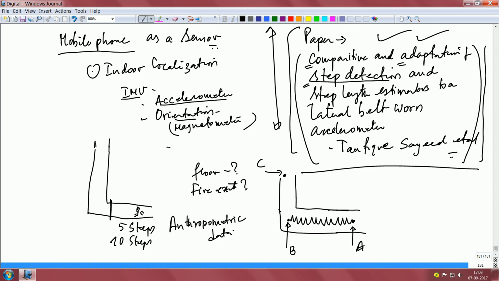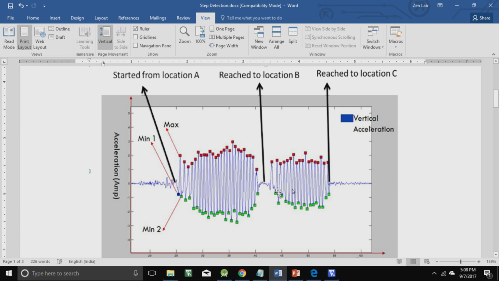Okay. This is what you could essentially see, each one is a step and this is the stride length which you have to measure, and here there is a small dead zone, call it, or a little bit of place where he turns, and that is the time when you have almost no acceleration because he has just turned and there is no step there, and after that again he or she starts walking towards the destination C. So, let us go back to the screen here and you can see it exactly reflects the data that